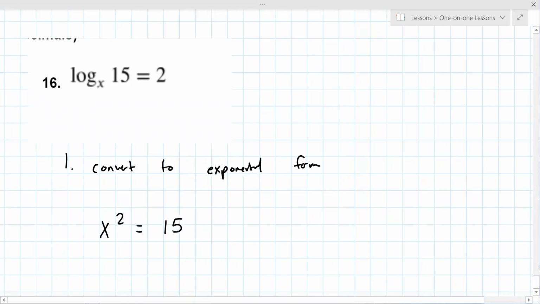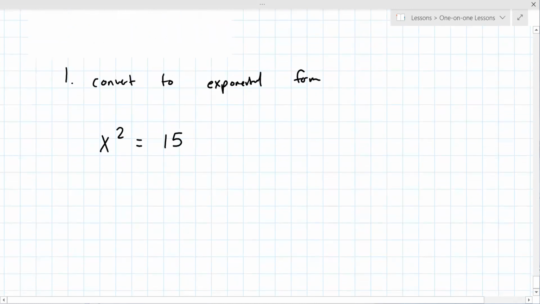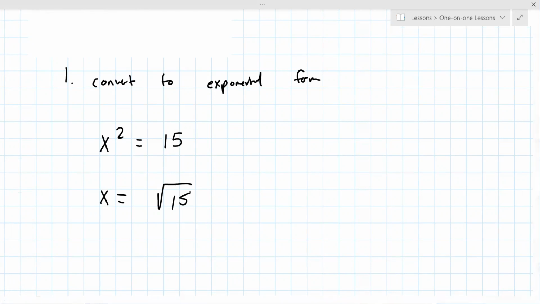Okay, now there's nothing complicated. How do you undo a power of 2? Square root both sides. So x equals the square root of 15. And if you want to, you can show the decimal form, but I'm pretty sure she's not going to want it. That's right. All right. Okay, now